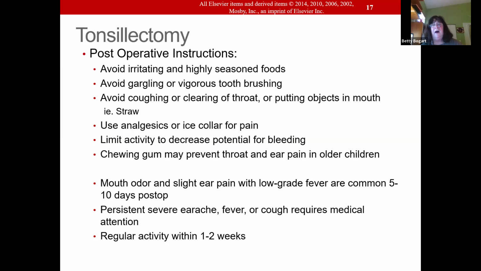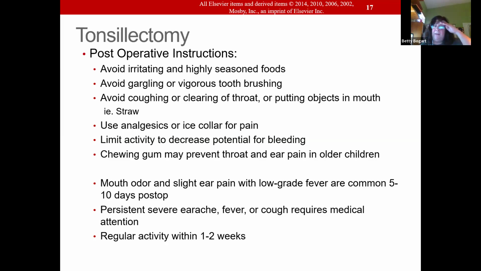Now, when they're waking up, we have them laying on their side because they might bleed. If you think about tonsils and how they do the surgery, those are those big things that stick out from the side of your throat. And they literally take a scalpel and cut them off and cauterize those areas. So it's like a big scab. Can you imagine? It's tender and it can bleed if we're not careful with it.